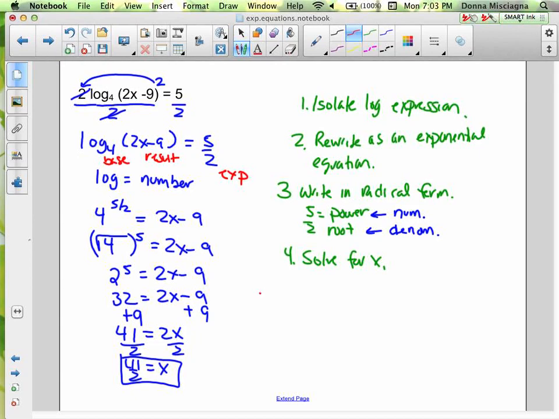All right, so we have 2 log base 4 of 2 times 41/2 minus 9 equals 5. It'd be good to show you this one would work out. Right? And so we have 2 times log base 4. The 2's will cancel here. That's going to give us 41 minus 9 equals 5. 41 minus 9 is going to be,